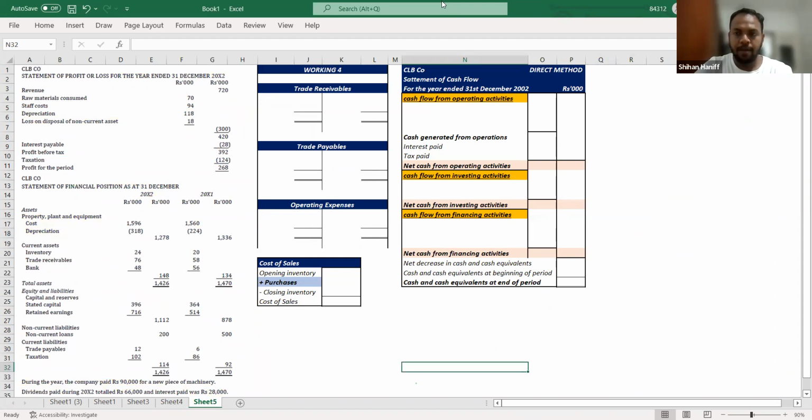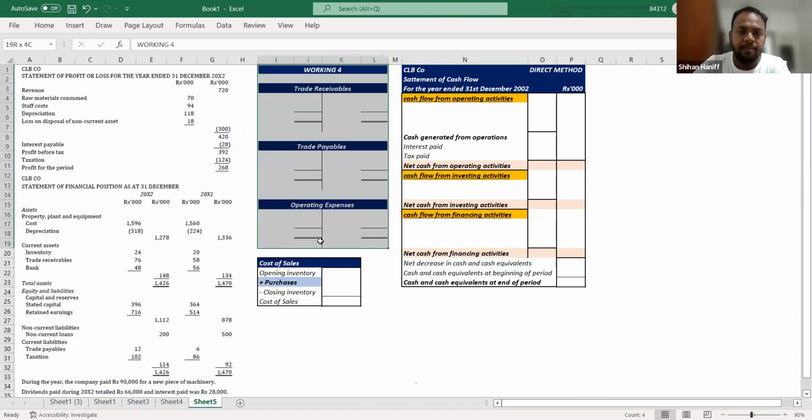Okay, so for direct method, this is what you need: trade receivables, trade payables, and you need to identify the expenses. Everything else, you need an interest tax expense account and other things you can find out from the